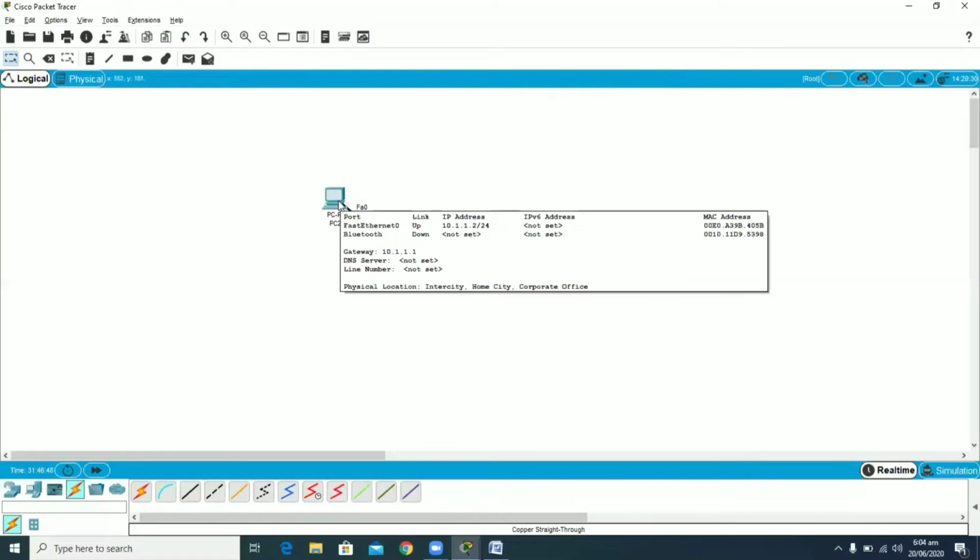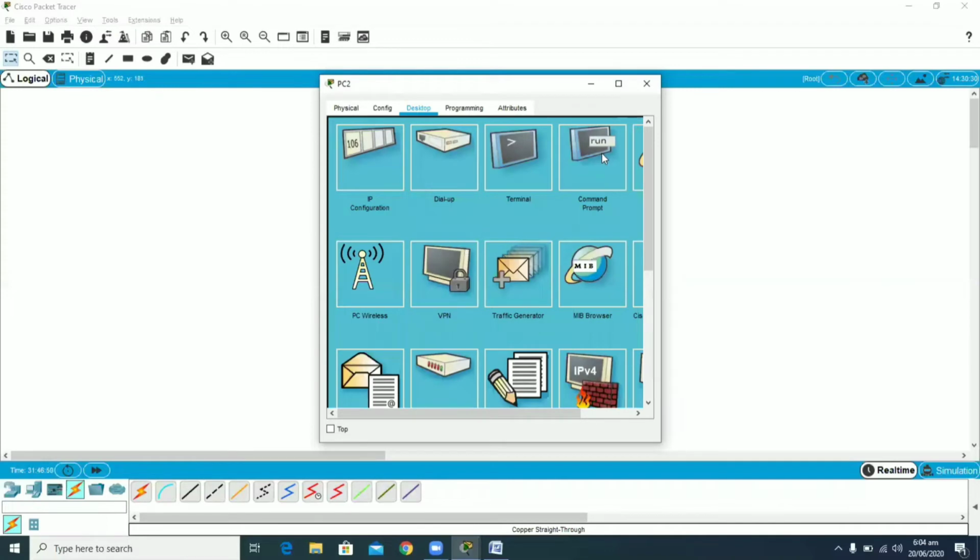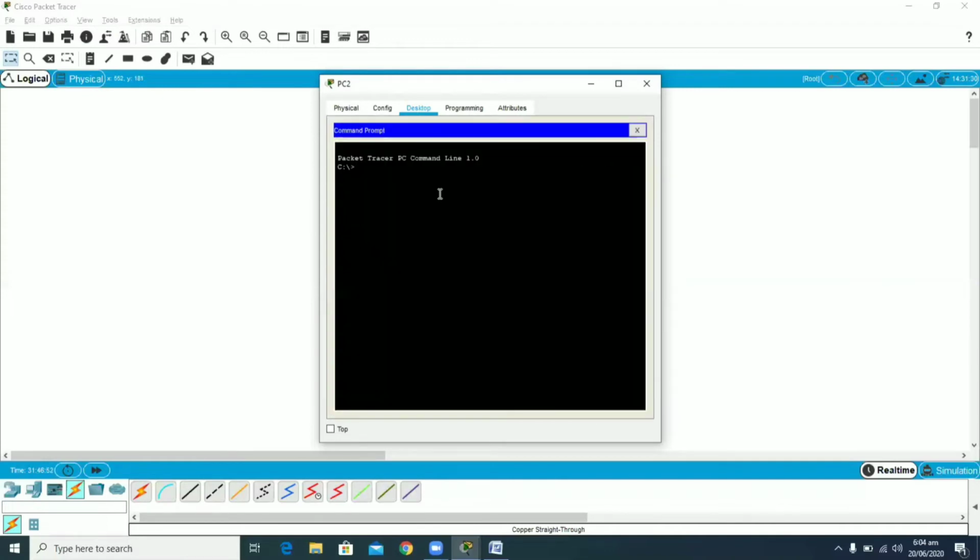Now I am pinging my switch from the command prompt of my PC. The switch was given the IP address 10.1.1.1. So now this ping must be successful because the virtual LAN number 1 interface of my switch was turned up.